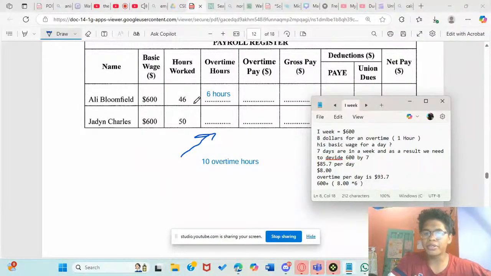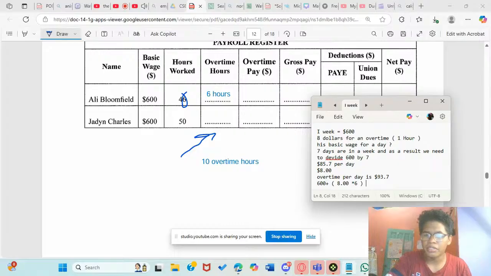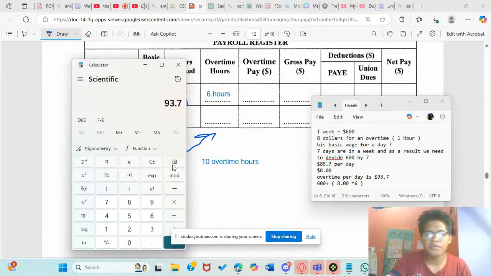So his overtime per day is $93.7. Plus the $8, which is the overtime per hour, times the 6, because he has an overtime value of 6 right here. So let's put that right here. Put up the calculator so you guys can see what is going on here. So as you can see, we have the 600 plus the,